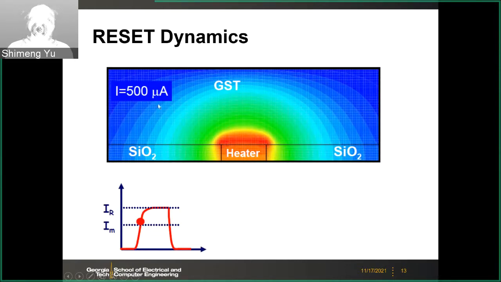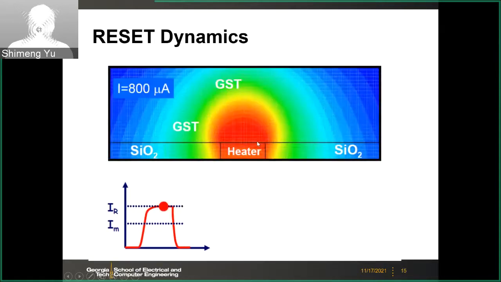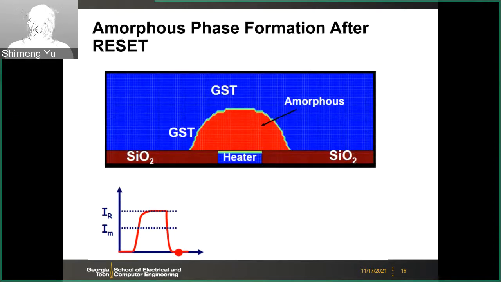So now it's 500 microamp, so current moves to here, and then here you see the color represents the temperature will go up, and let's move on. For example, now this is like 800 microamp, so you see this high temperature region, and then this is reaching the reset condition. Now the temperature is high enough, and then if you quickly remove the current pulse,